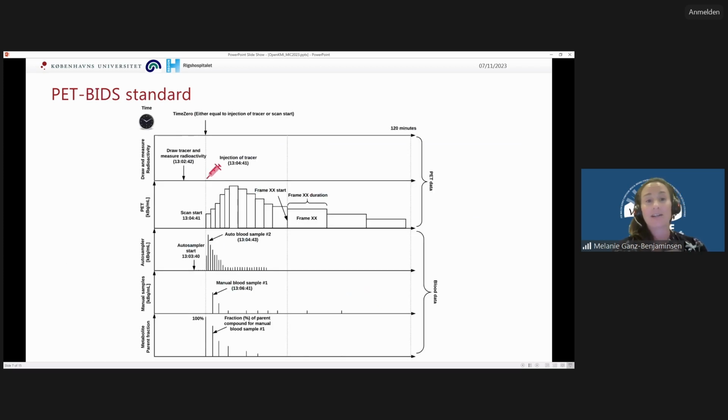And with this data standard, we have, of course, gone into a lot of details. We know that the most important thing when we're doing PET imaging is the time. So we, of course, designed the standard to have a time zero, which can be very, very variant depending on what kind of experiment you're running. We have a way of actually describing our PET framing, which is very, very different from the existing MRI framing that was present in BIDS. We have a way of describing how to actually get the blood data adequately described in metadata standards in a data format, so you can actually reuse and understand how the experiment was done.